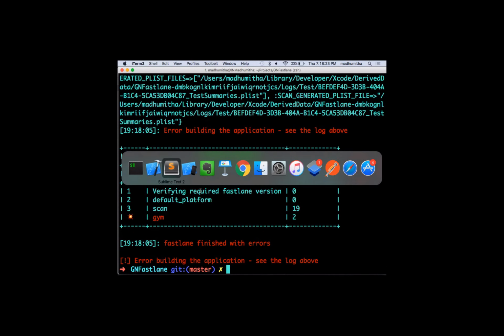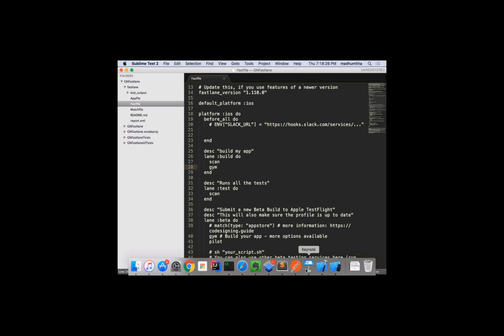I'm sorry for that. But once you run Gym, you will get an IPA file as an output, which is